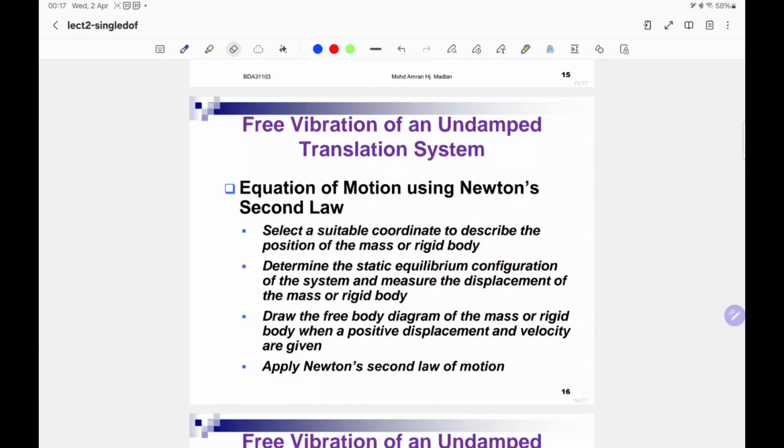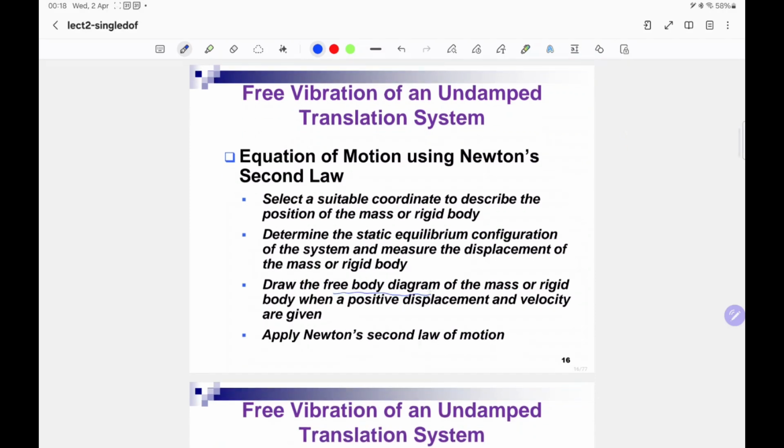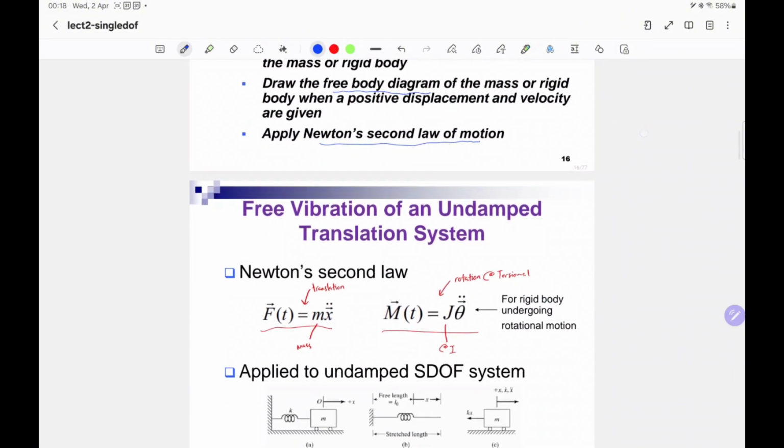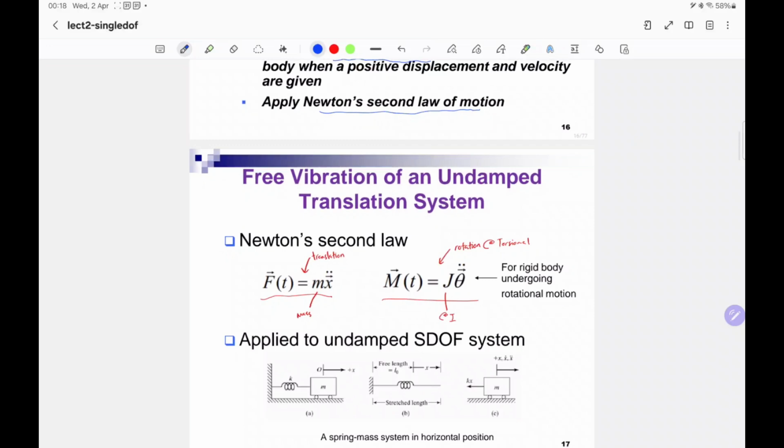So we're going to continue with single degree of freedom system, and now we're going to focus on free vibration of undamped translation system. Alright, so basically to develop the equation of motion, we use Newton's second law. We need to draw the free body diagram, and then we apply Newton's second law of motion. So for free vibration of undamped translation system, to develop the equation of motion,